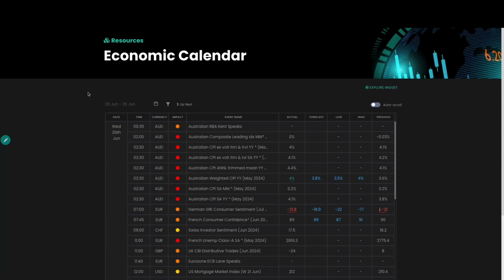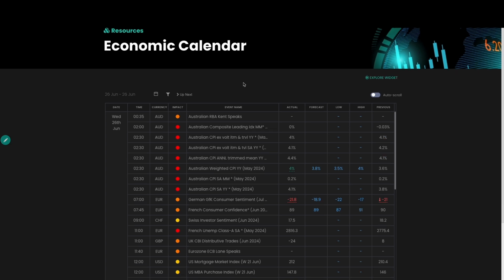So the reason we look at the economic calendar is for opportunities that we see at the time, and sometimes those opportunities can last for a few days after the event. So for example, this hot CPI print that we got on the 26th of June, we looked at an at-market opportunity on the following day, on the Thursday morning. But also we saw an opportunity in early July, on July the 2nd evening, day on the 3rd, flagged up